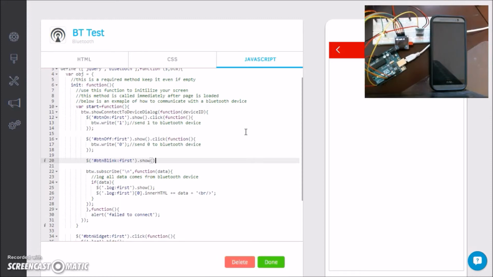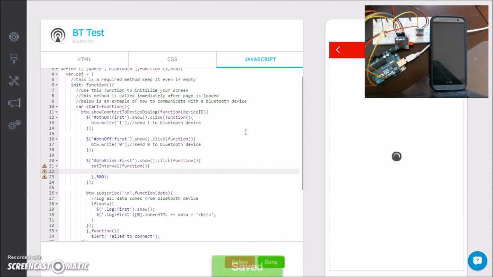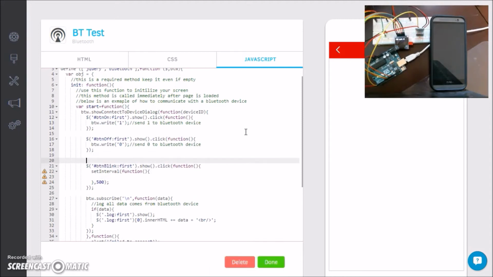I want to say show this first thing, and I say I want to handle the click event. On the click event, here's a function, and this is what I want you to do. So here's the function. Let's see what we want to do with this. I want to set an interval that does something. So here's another function that's going to do something, and have this happen every half a second. Let's see what we want this to do. I'm going to create a variable out here called on equals false. And I want to say if